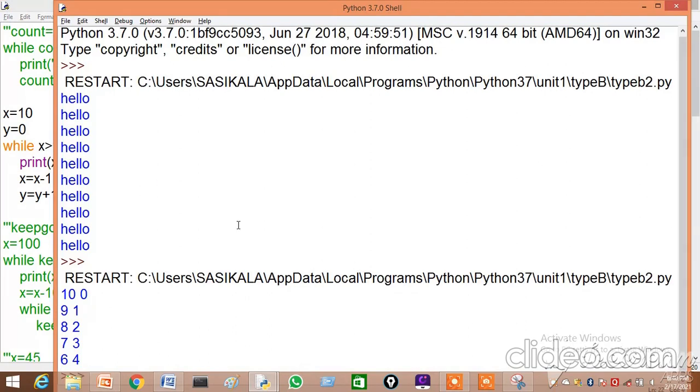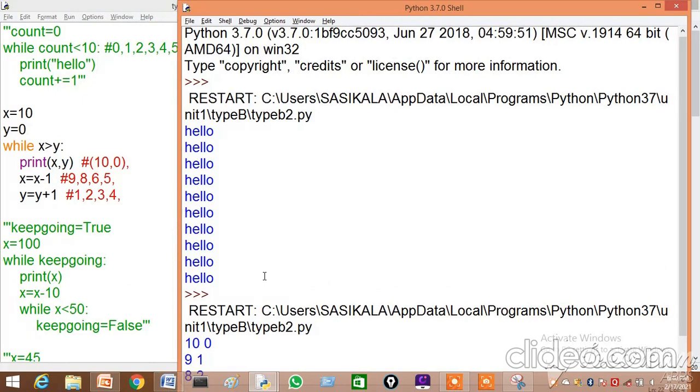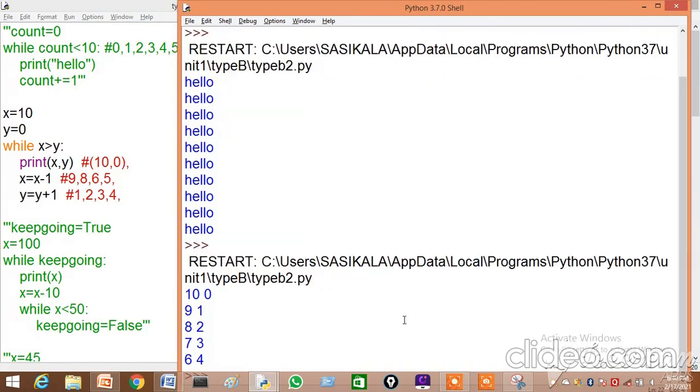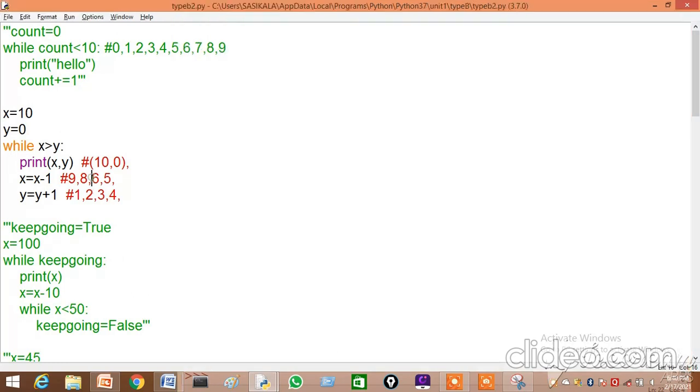So you can see here initially 10 comma 0, right? Here 9 comma 1, 8 comma 2, then 7 comma 3. Here we missed one value, 7 will be there.